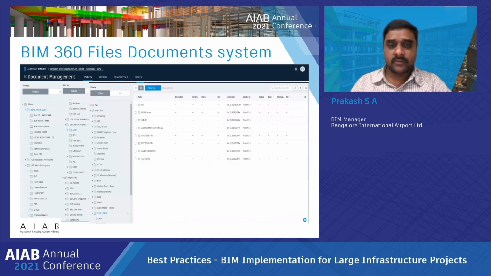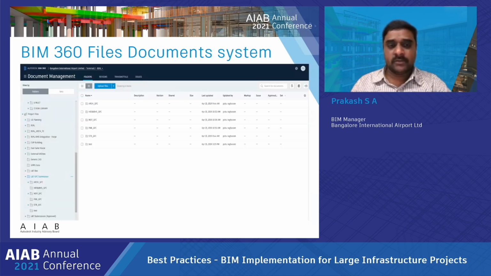So L&T work in progress, and this is where we have the BIM standards library. This is also in the cloud, so on all these files we can access from the cloud itself. When they want to change something, they can open it directly using the cloud, change it, and synchronize in the cloud.